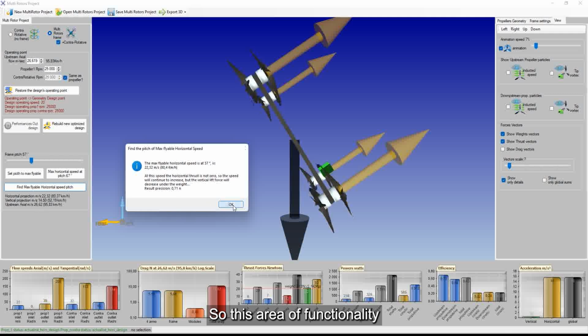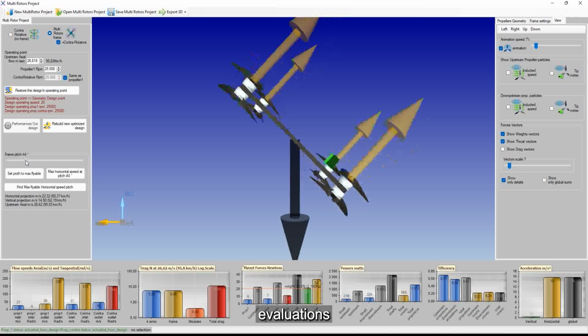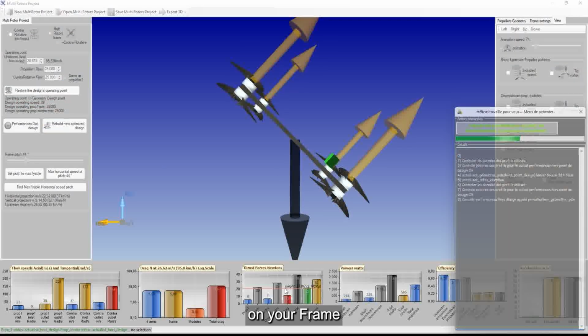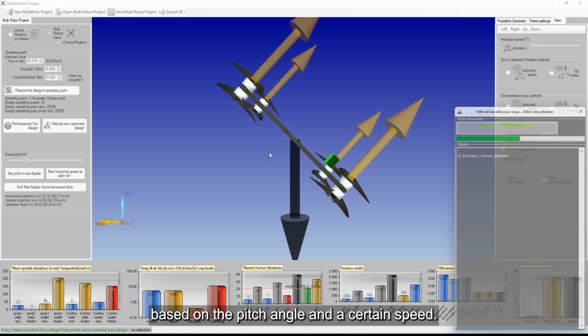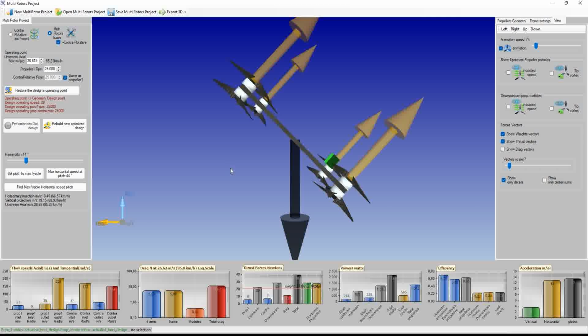So this area of functionality, here frame pitch, allows you to obtain evaluations of the forces on your frame based on the pitch angle and a certain speed. So here we have a little graph which deserves to be detailed.